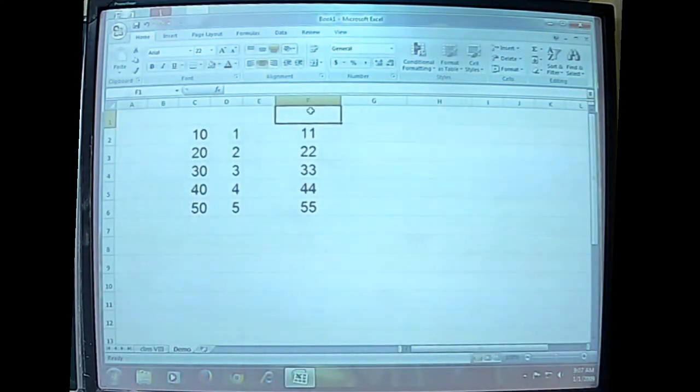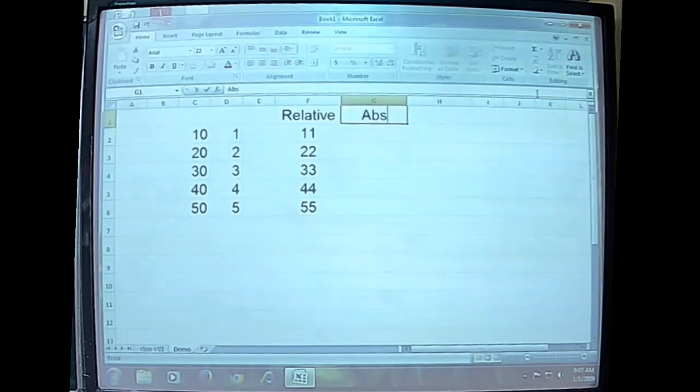Now, see, this was called the relative cell reference. And now we are going to see how the absolute cell reference works, and definitely there is a mixed cell reference also.